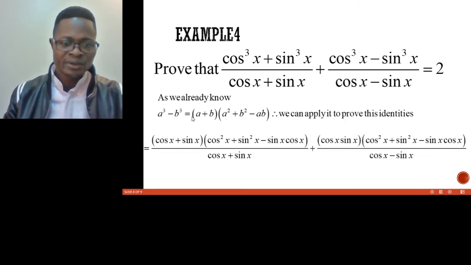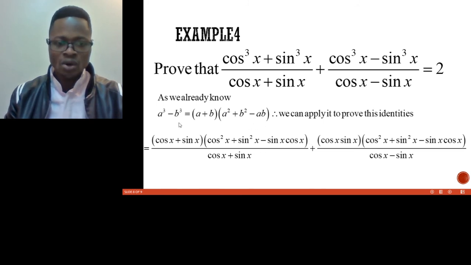Now we know we have a plus b. It is simply cos x plus sin x. This will be given by cos squared x. We have a squared, so it's cos squared x plus sin squared x. Now minus ab is minus sin x cos x. All this will be divided by cos x plus sin x that we have in the denominator, plus cos x, whatever we have in the denominator here, because they are actually the same, except the sign, here we have negative sin x. So we have cos x minus sin x